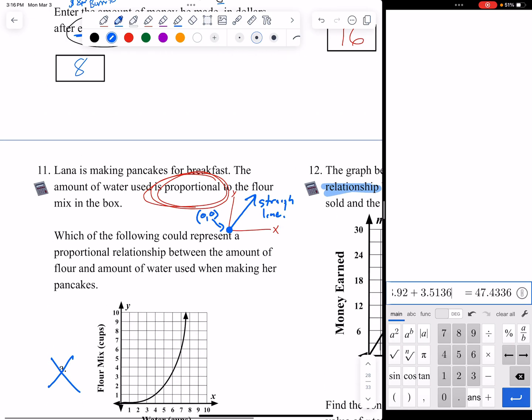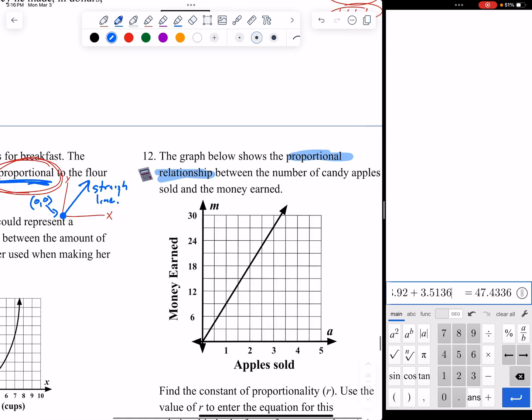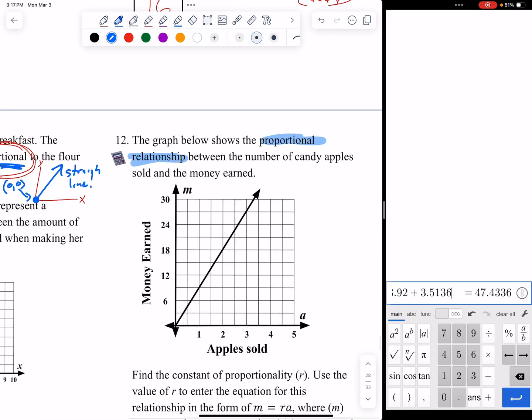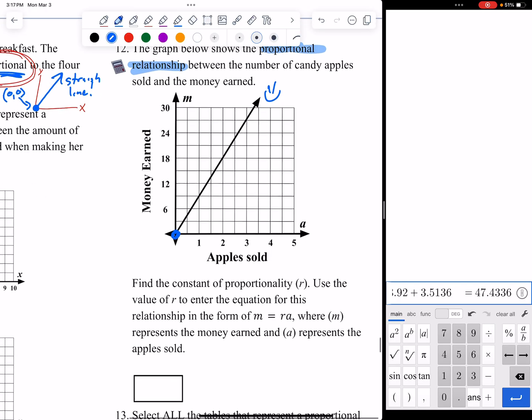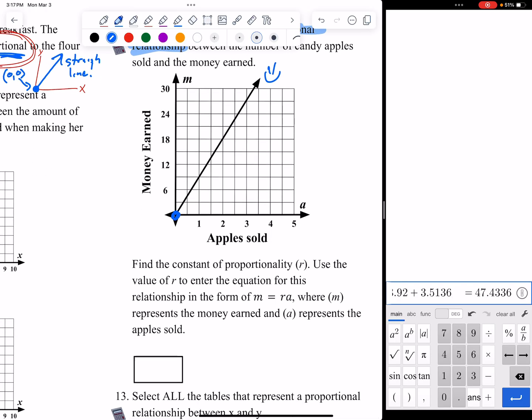Again, super long to read. And all you had to remember is, is it proportional? Yes or no? How does it look? Okay. Next one, we have another proportional relationship. Boom, there it is. 0, 0, straight line. So I am happy. So between the number of candy apples sold and the amount of money earned, find the constant of proportionality, aka your unit rate,